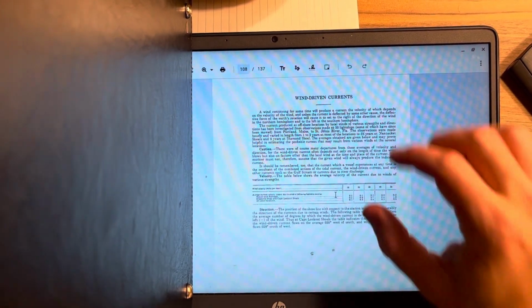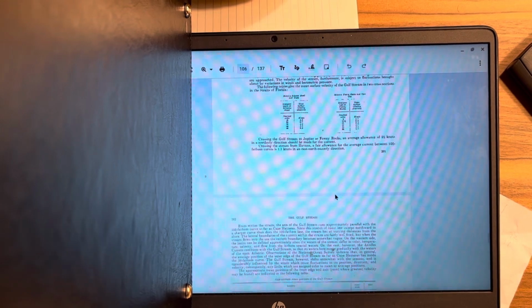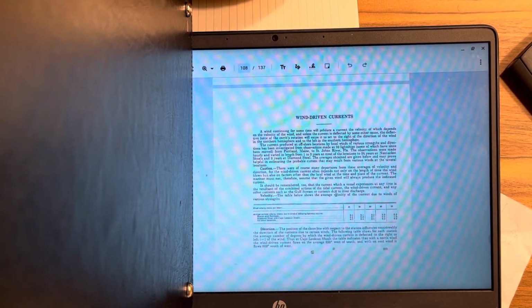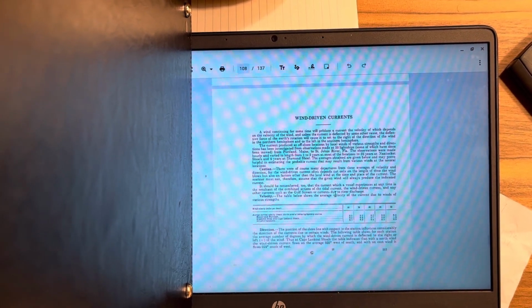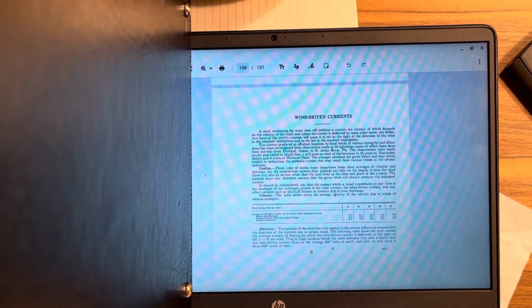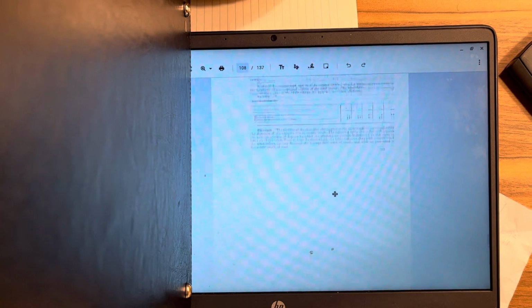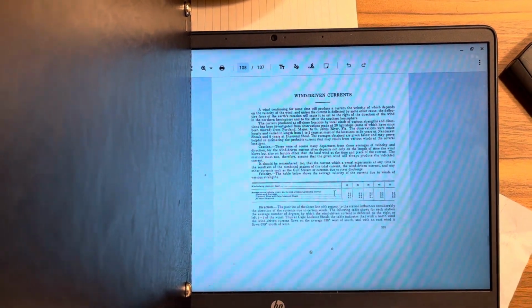So the wind-driven current section is just a few pages after the rotary current section. And here, like I explained in the overview, it's just describing certain areas where the current is almost exclusively caused by the direction that the wind is moving. So there's technically two tables here, this one and then this small one up here. This one right here is just a really quick reference for how you can expect the speed of a current to be impacted by the wind